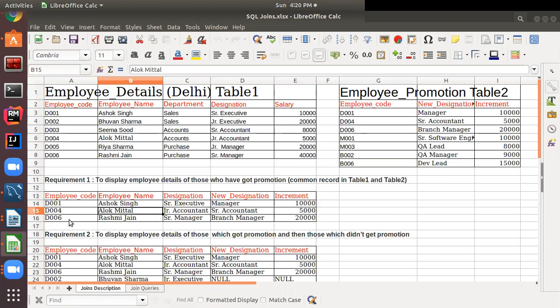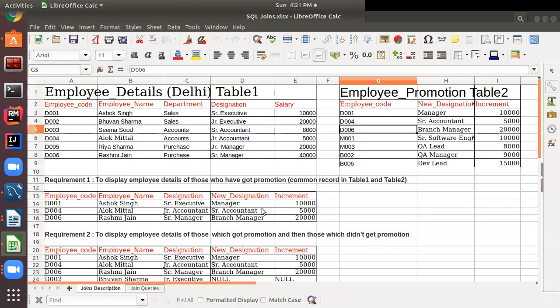And third is D006, which also exists in this table, so in the output we should show the details of D006 as well. It means whenever I execute this query, I should see these three employee details, because these three employees from the Delhi branch have got promotion.